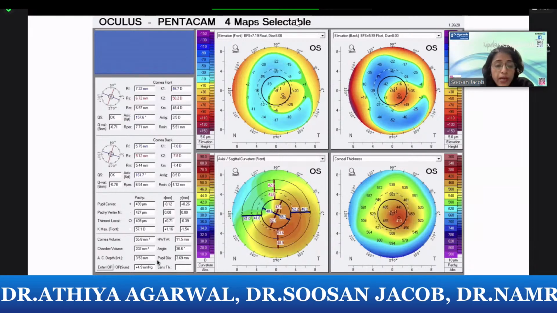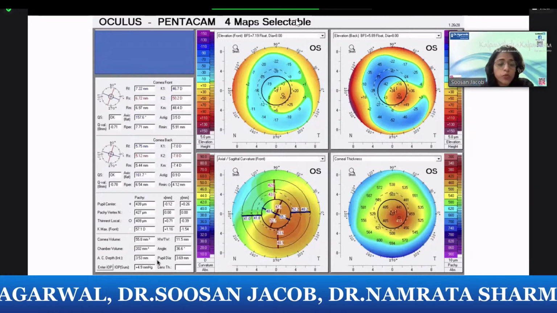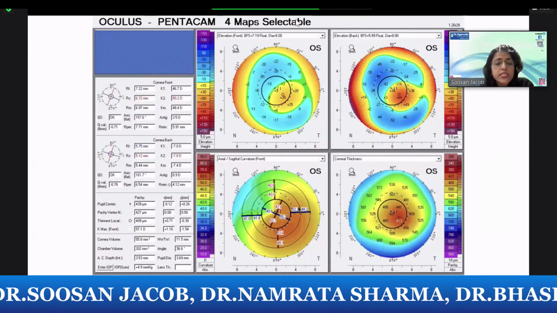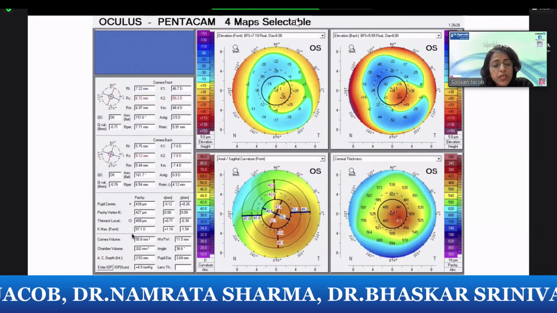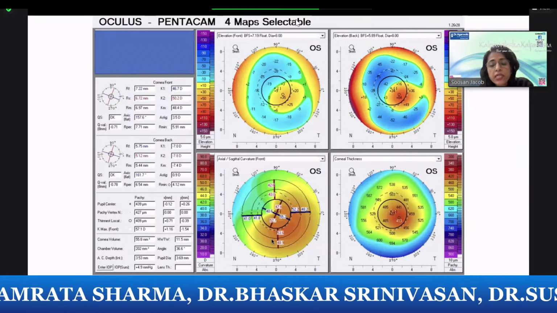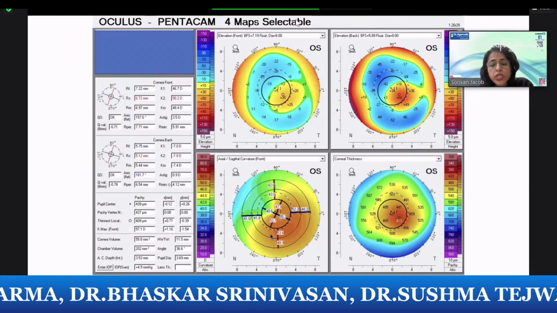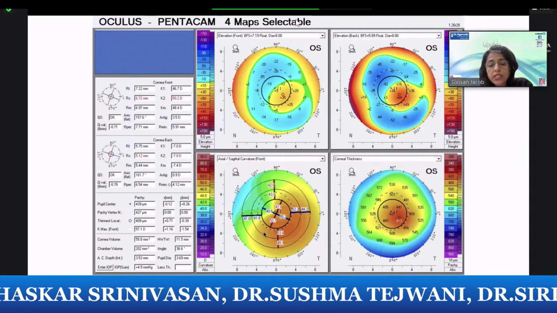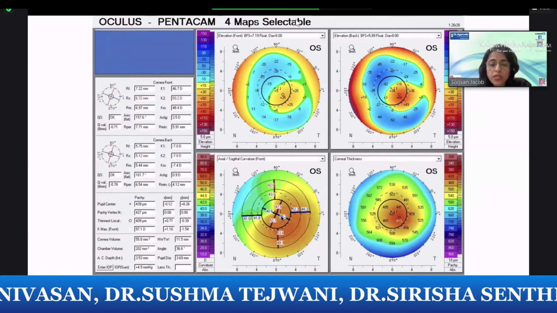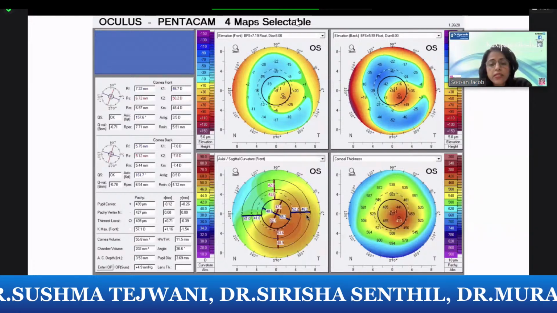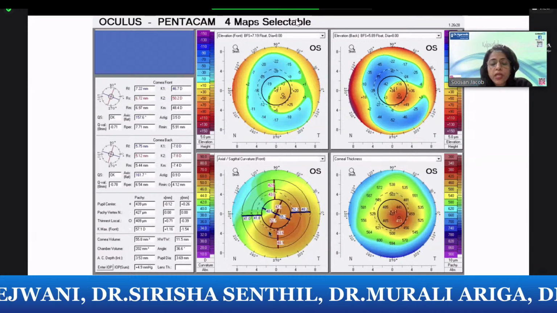Your AC depth could be higher in a keratoconic patient because the cornea is protruding forwards. So all these changes you can look at, and also look at this topography. The K max here is 57.1. The entire topography has this asymmetric shape. Everything is shifted to one side, generally the inferotemporal location, of course, being the commonest area of ectasia, and this obviously leads to a decreased visual acuity.